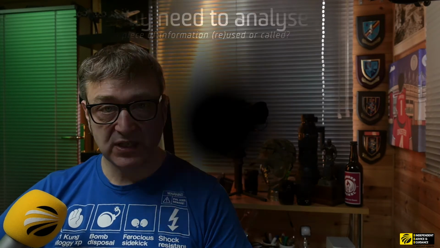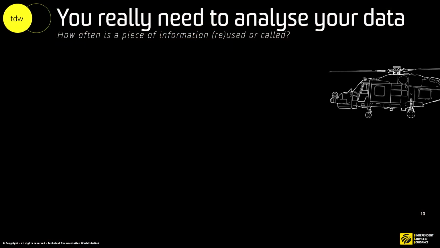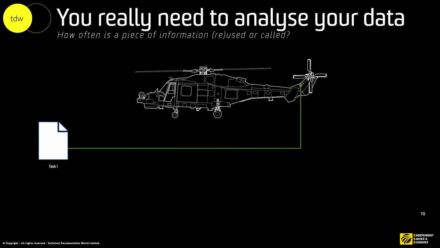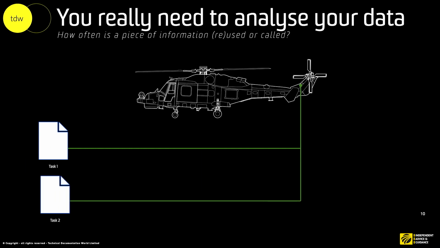So I'm going to give you an example here, a very high level, very basic example, but it gives you an appreciation of the thought processes that I would go through when I'm breaking down a project. It also does not represent any project or platform. I'm just giving you some colorful examples here. So here we have my made up project, and here we have a task 1 and a task 2 that are both referencing the removal of a very simple panel. It's actually a cowling, but we can just say that,